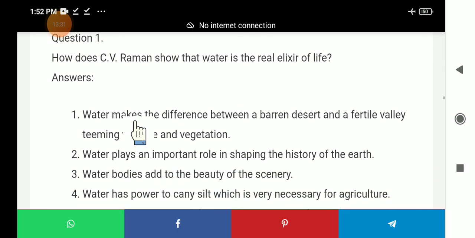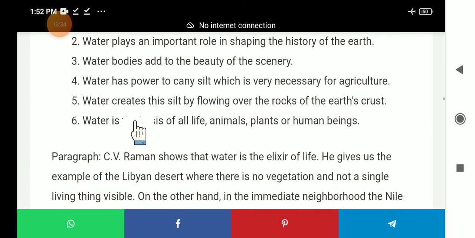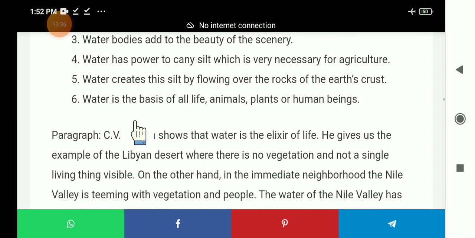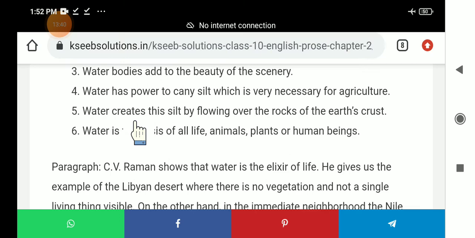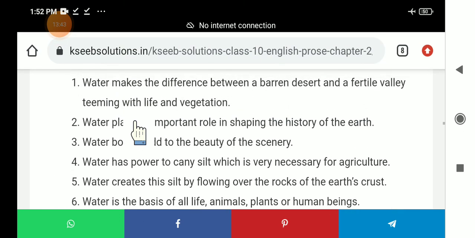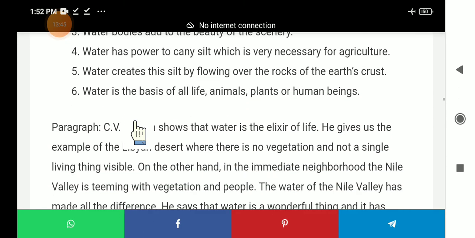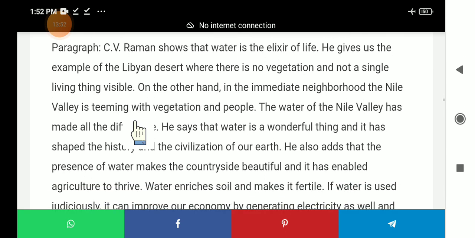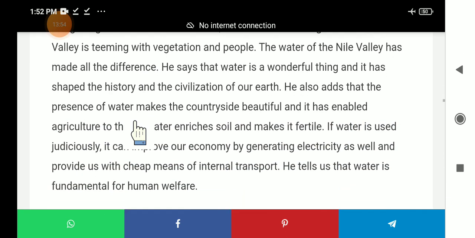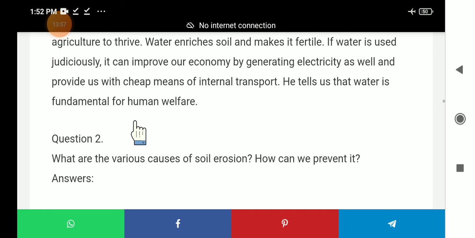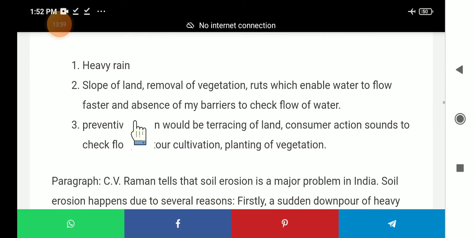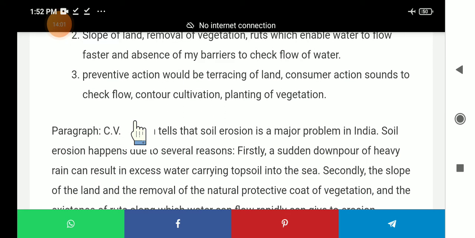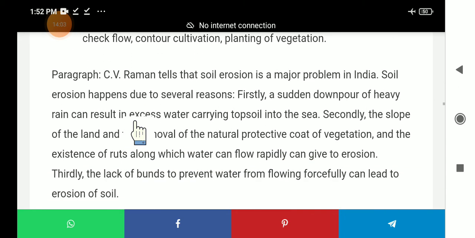So we have many answers. All of these are the answers. They have been given on page number 24, but we have to make a paragraph on each and every answer, each and every sentence. So student, do you know paragraph writing? You can choose any sentence for your paragraph and write a very simple, lucid and very interesting paragraph over the sentence. This writing session we are going to discuss in a recorded video, no issue. We are going to complete it.